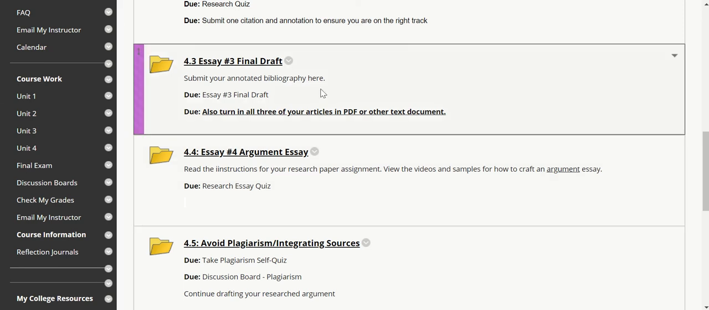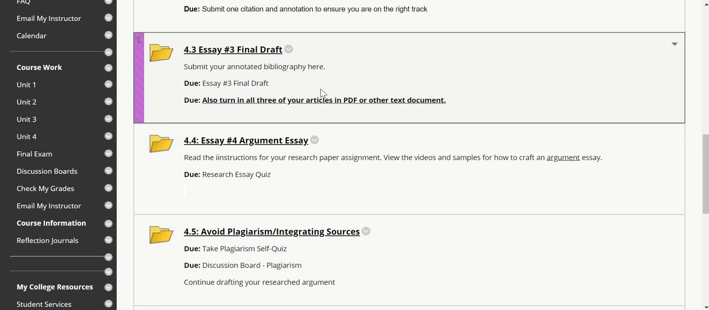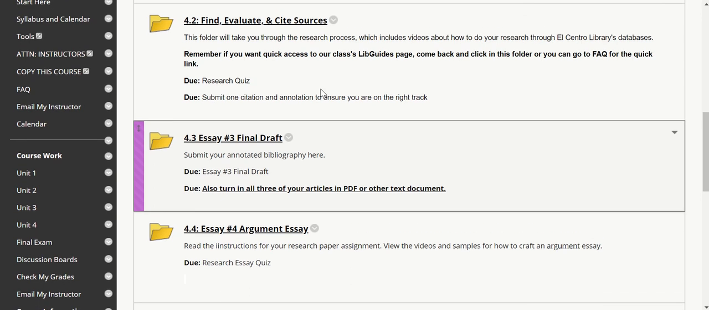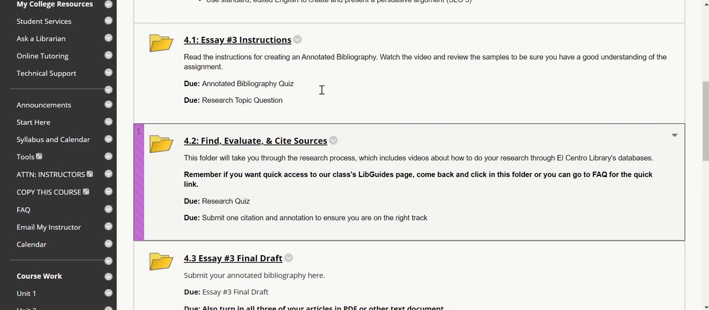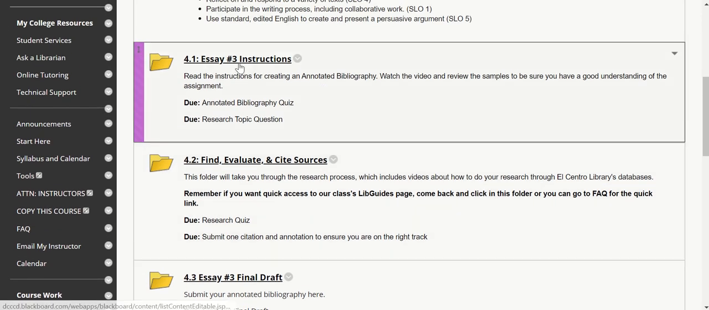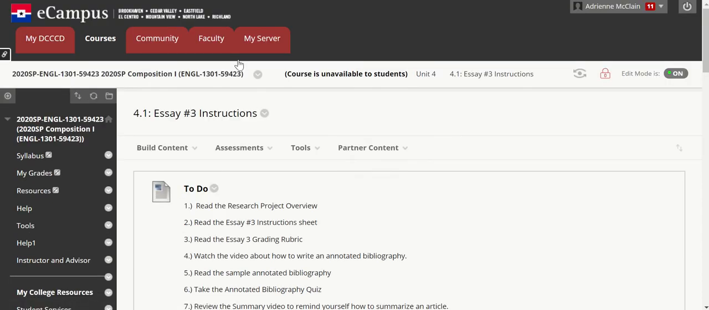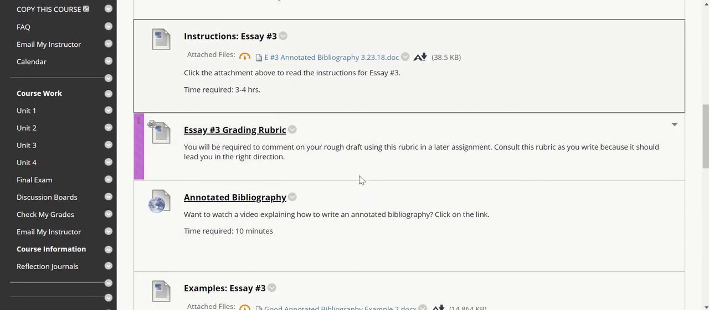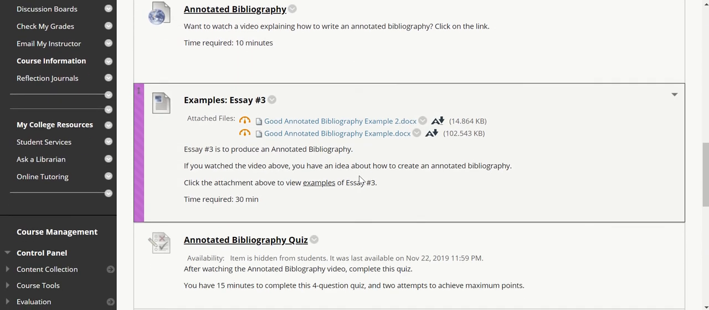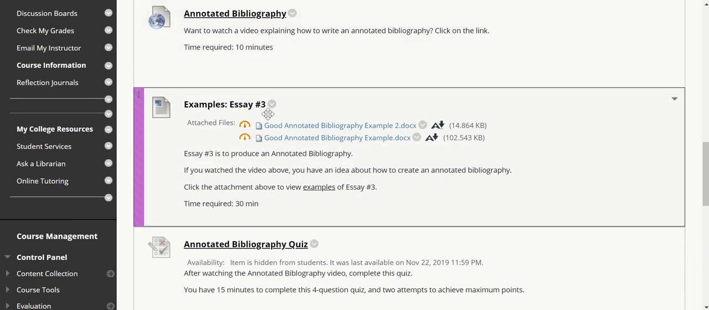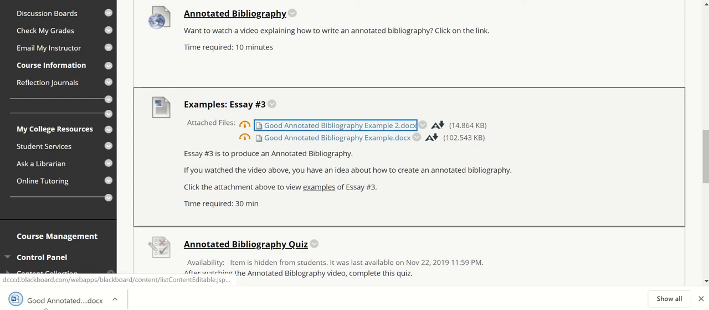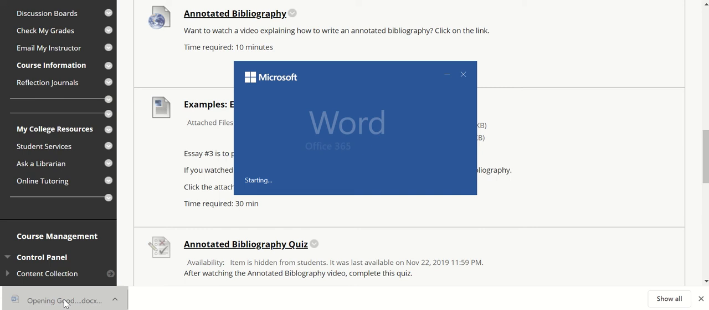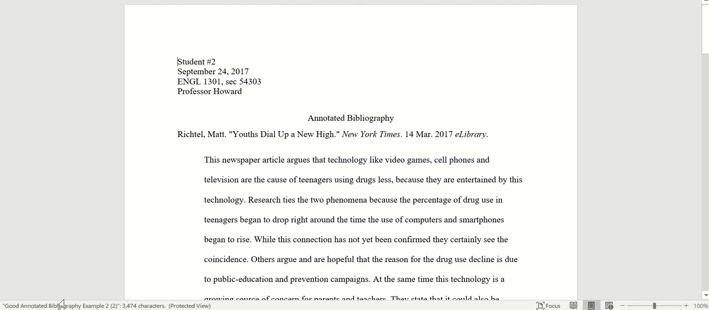need to go and find those examples in the unit, I think it's in 4.1. So click on 4.1 and there you have examples, essay number 3. How to write a good annotated bibliography. Here's examples. So click on that example, download it on your computer, open it,